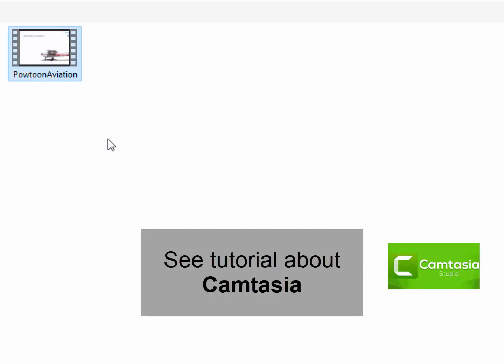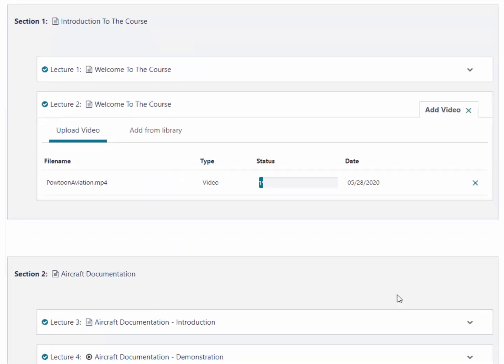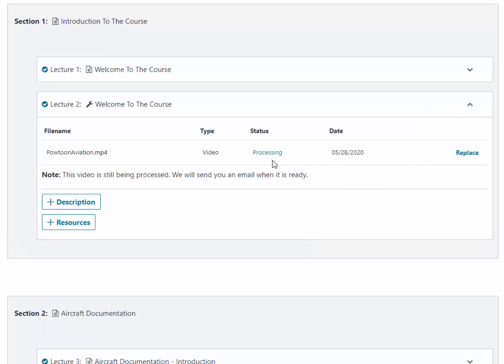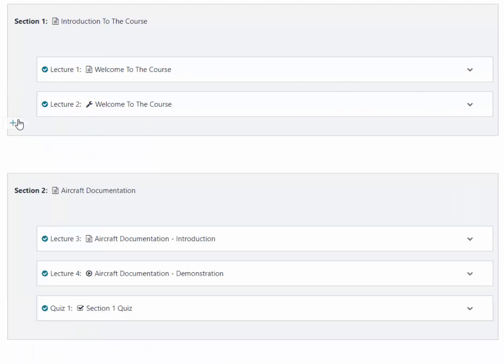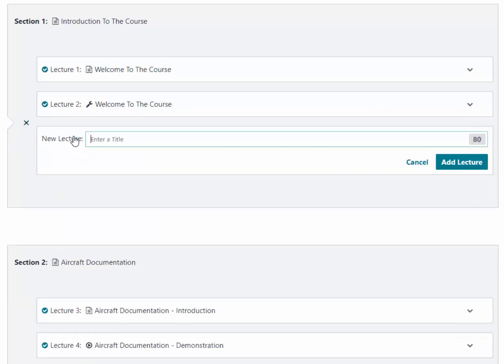So if you are doing Powtoon and you want to convert it to a video, have a look at the tutorial on Camtasia. Okay, so let's open, and hopefully it'll accept it. Udemy is very picky about videos. So it is going to process, but now what will happen is people will see that main screen, then the Powtoon video, and then maybe I'll add a description about the course, right? So let's add a lecture, and I'll call, again, same thing, welcome, or how to succeed. Let's call it how to succeed